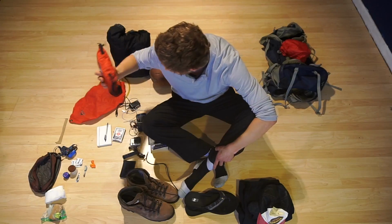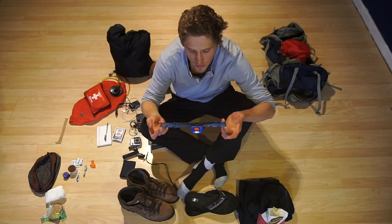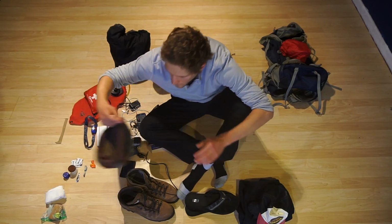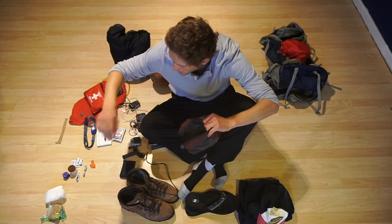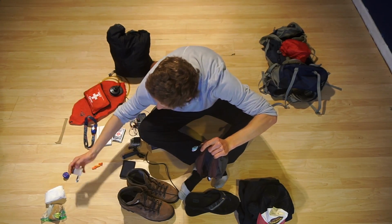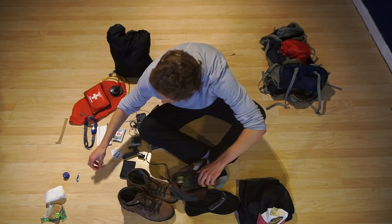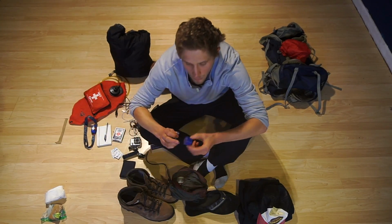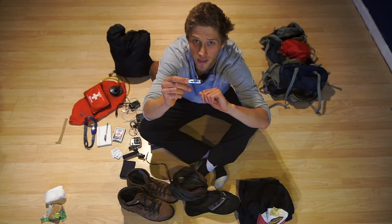Simple first aid kit. Simple head torch. Didn't use this that much, but it was nice to have when I did need to use it. And finally, toiletries. Just a little bag or a big Ziploc bag would work for the toiletry bag. Toothbrush, toothpaste, earplugs because I hate noise at night, lip balm, clippers, very nice for keeping your toenails short,